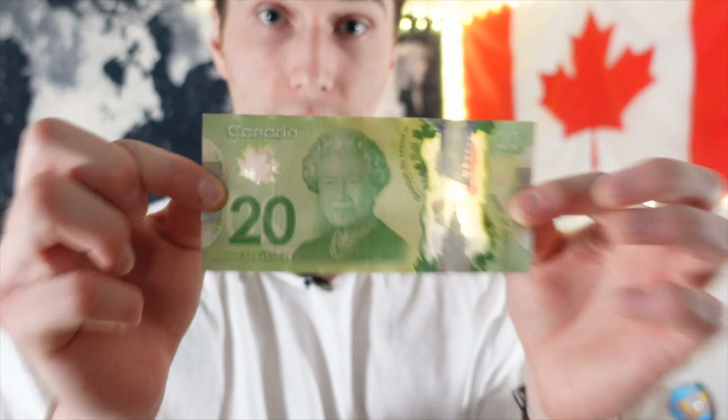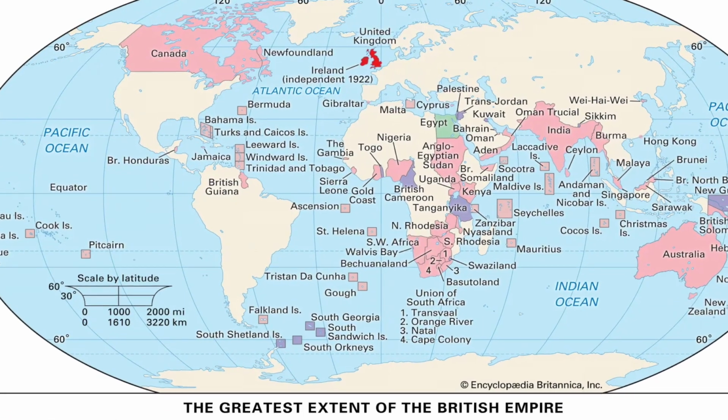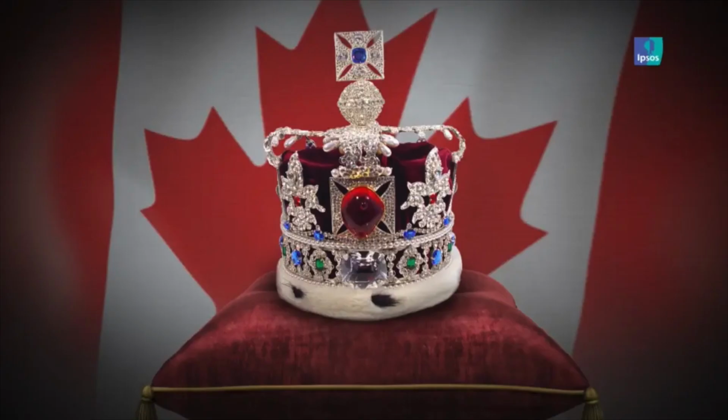Now we arrive at the $20 bill, which today has Queen Elizabeth at the front. Queen Elizabeth is meant to reflect our political system, which is a constitutional monarchy, reflecting our history that is totally intertwined with the UK, with Britain, Great Britain, and the British Empire. To remember that Canada was a colony at some point of the British Empire. But again, it's meant to reflect the fact that our system of governance was largely copied from Britain.